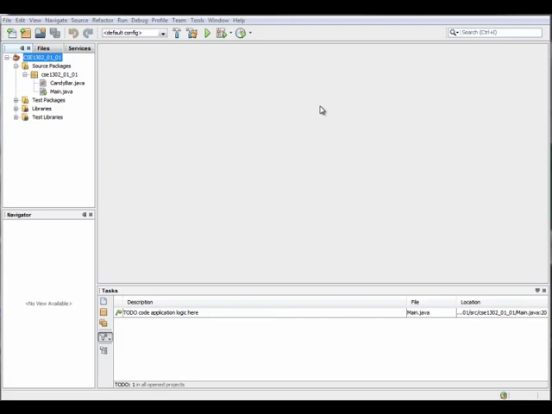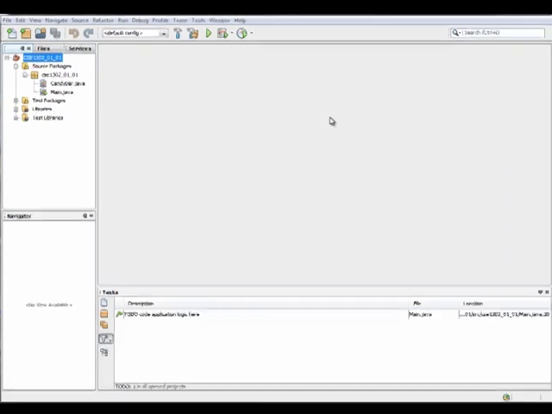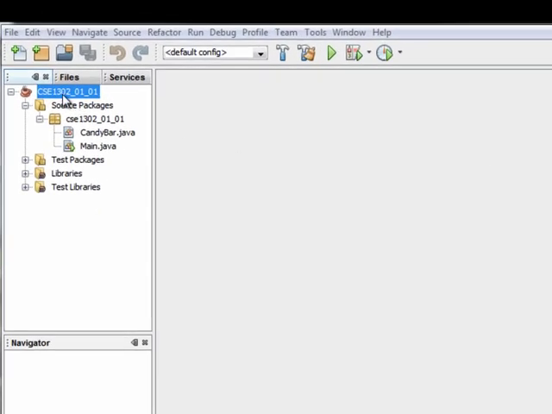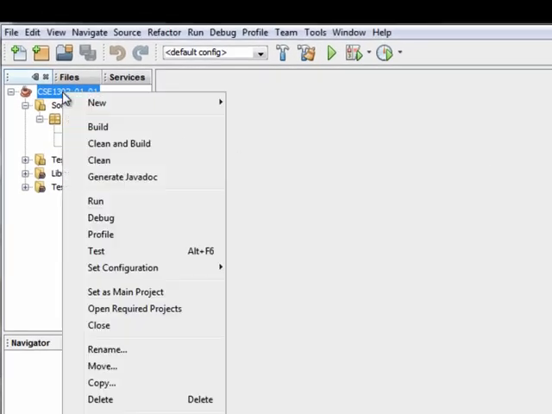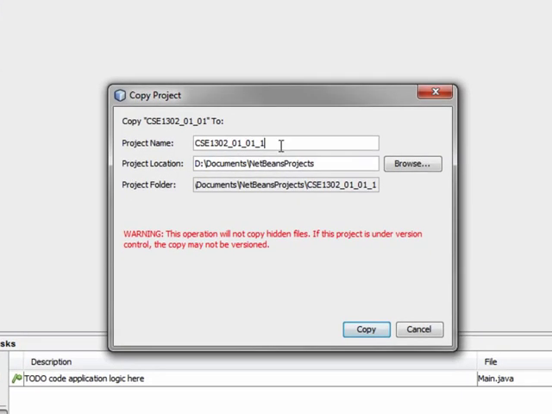Hello and welcome back. In this tutorial we are going to explore the concept of static. So we're going to begin by copying the candy bar example that we just did. We're going to right click on this project and say copy. We're going to call it CSE 1302_01_02